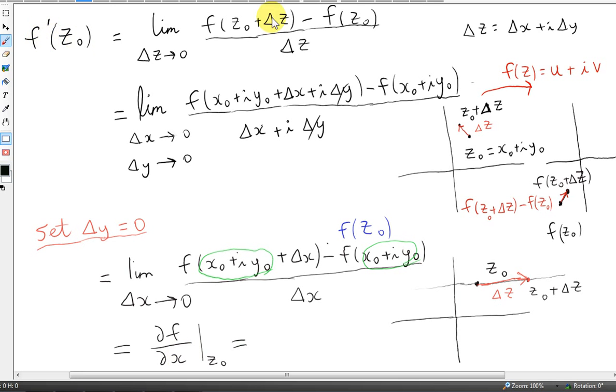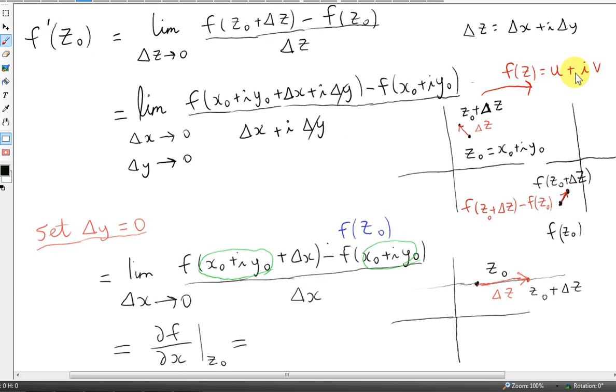Now, f prime of z0 is a complex number because f of z0 plus delta z is a complex number. F of z0 is a complex number. The difference of two complex numbers is a complex number. Delta z is a complex number, so the whole thing is going to work out to be a complex number. Similarly for this limit here,